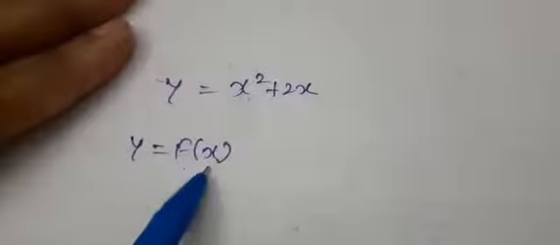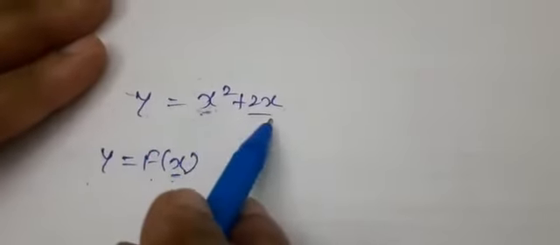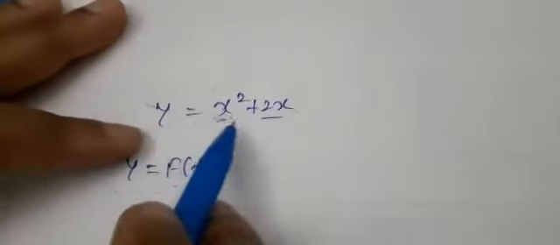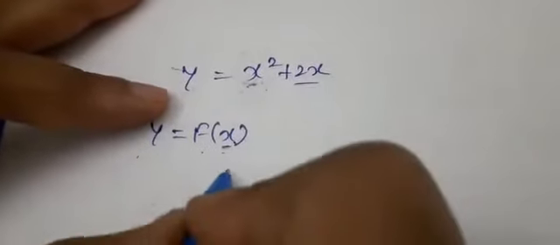Y is a function of x. Why? Because x is used in the equation of y. So this is independent and this is dependent. Y is depending on x. Similarly, as the statement is given